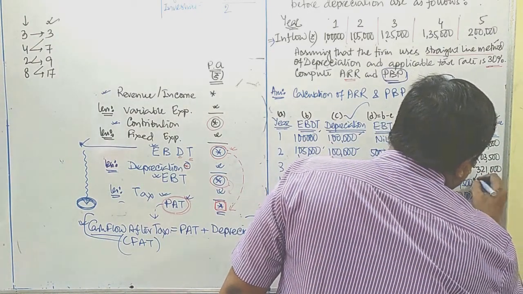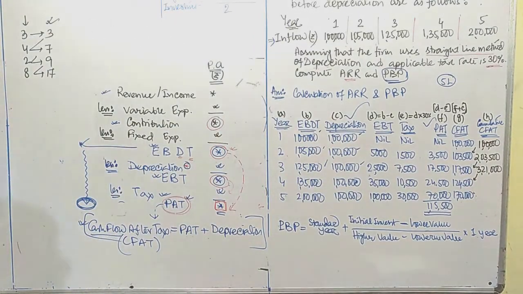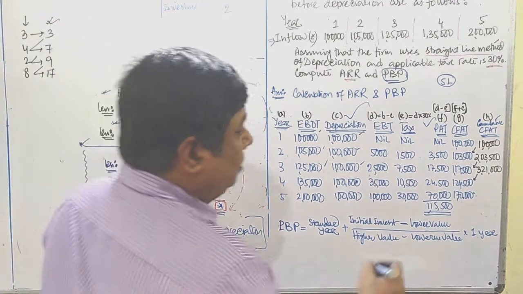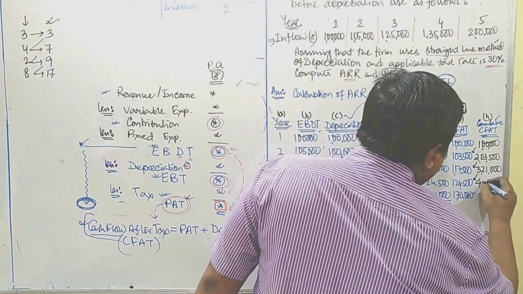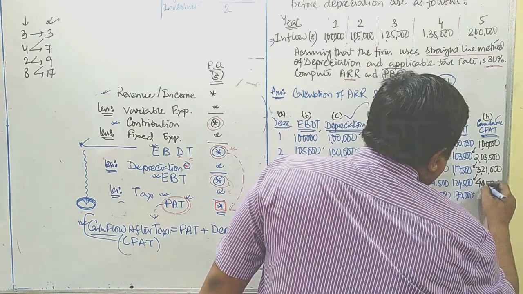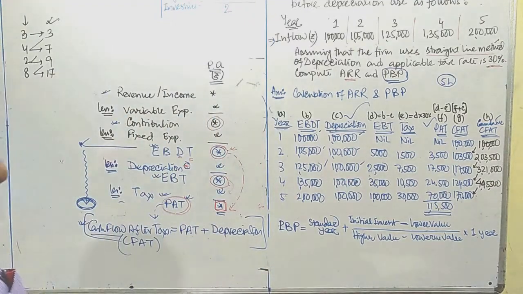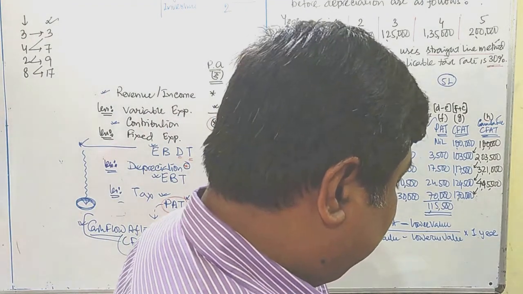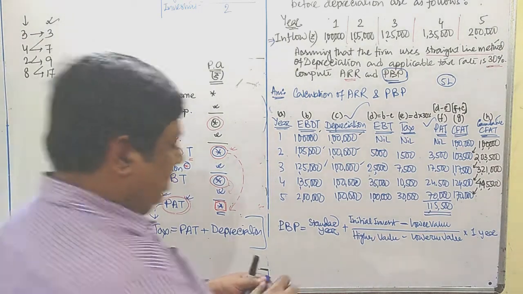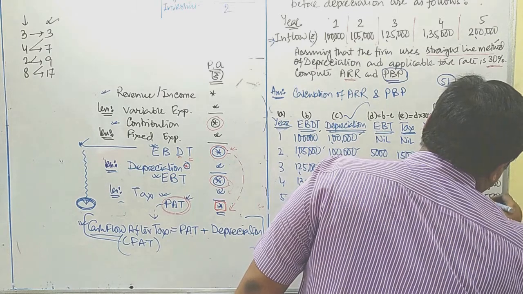Now 3 lakh 21,000 along with 1 lakh 24,500, you are getting a total of 4 lakh 45,500. Now 4 lakh 45,500 along with 1 lakh 70,000, you are getting a total of 6 lakh 15,500. Okay. Now the final figure is 6 lakh 15,500.